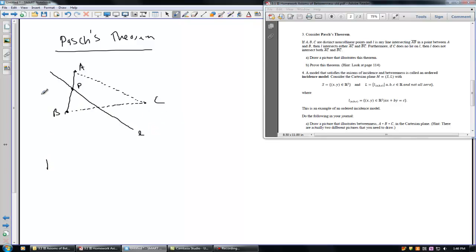Okay, so for the proof, this is part A. You draw your picture. And then for part B, the proof, you're going to make these assumptions. So assume A, B, and C are distinct non-collinear points, and L is any line intersecting the line segment AB in a point between A and B. Period. Then